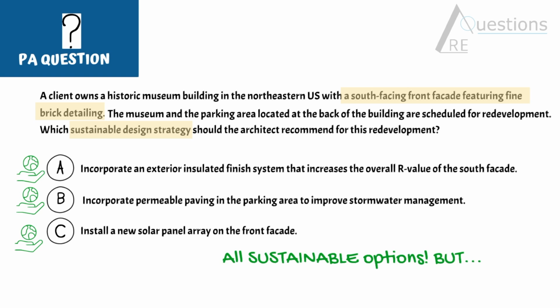This is a great strategy and I heavily rely on this strategy whenever I'm taking a test, and I hope